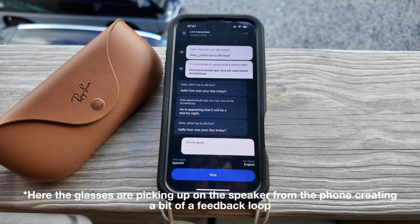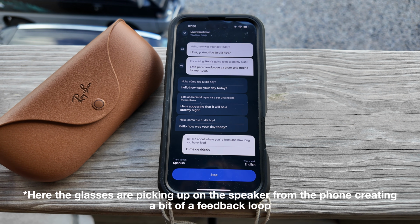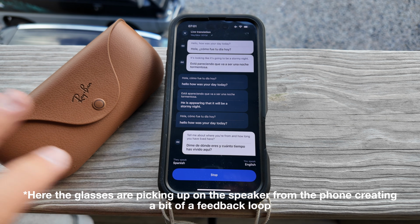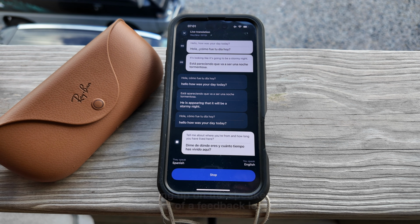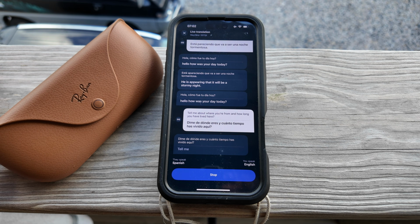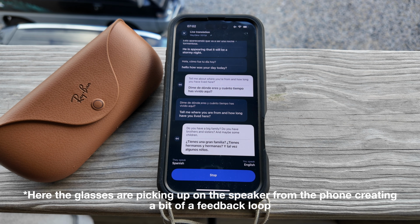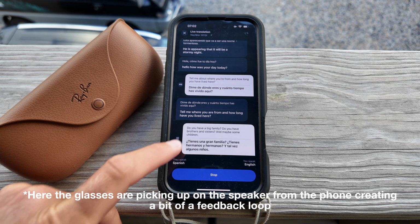So I will speak in my language and it will come up in Spanish for them to read. One thing that I realized is that it doesn't automatically read it aloud, so they have to actually be able to see it, and if they need glasses or whatever, it's kind of hard for them to read it as it comes up, and there's a bit of a delay there. But there is a little speaker next to the dialogue, so I can speak in my language and then they can press the little speaker and it will speak back to them, and then they can respond